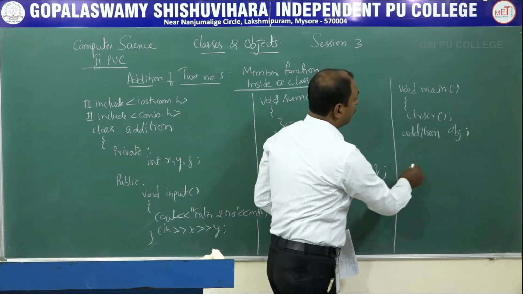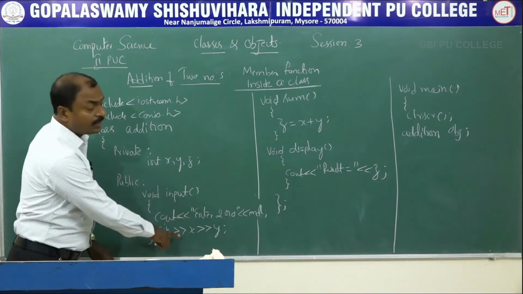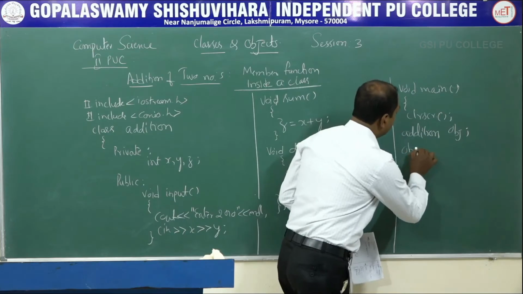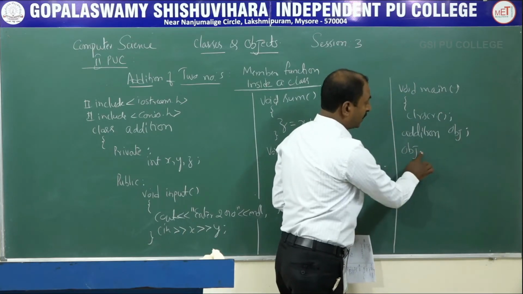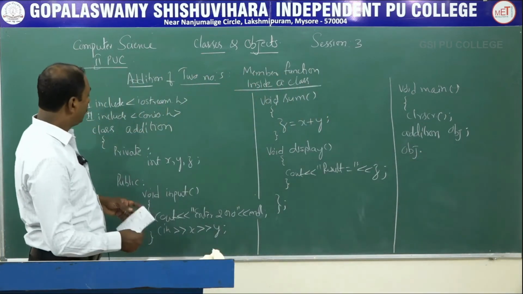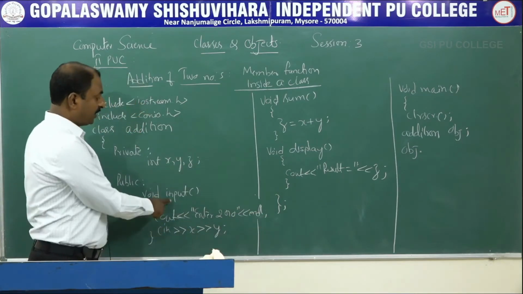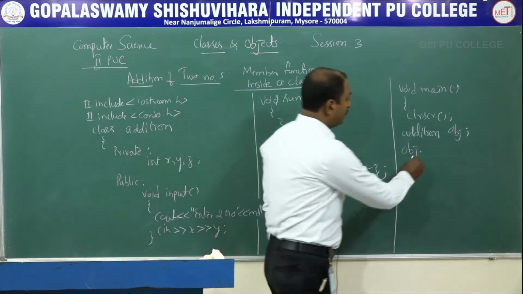After this, next we have to call the functions in the same order. So here, how do we call this? With the syntax, you know that obj is the name of an object, dot is an operator. With the help of this, we can access the methods of a particular class. So here the first function is input. I say obj dot